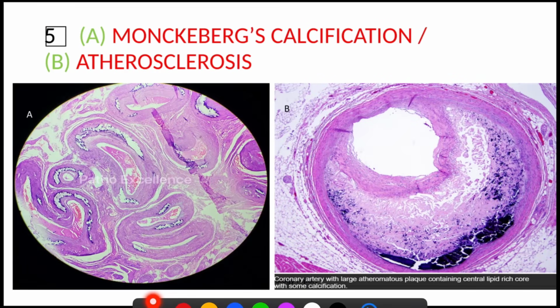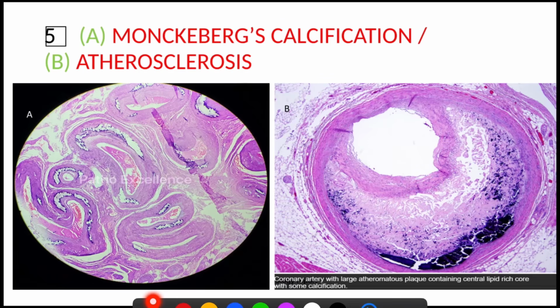Now let's see calcification. There are two types of pathological calcification. One is dystrophic and second is metastatic. But here both these slides are of dystrophic calcification. First one, this is Monckeberg's calcification, where the section shows multiple